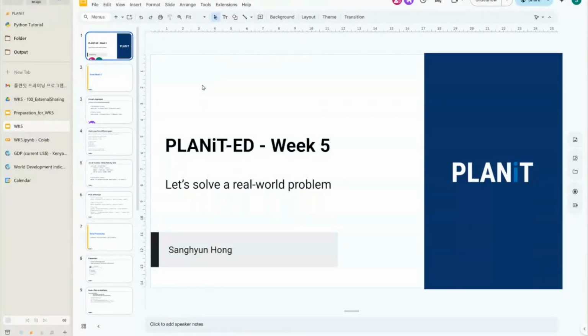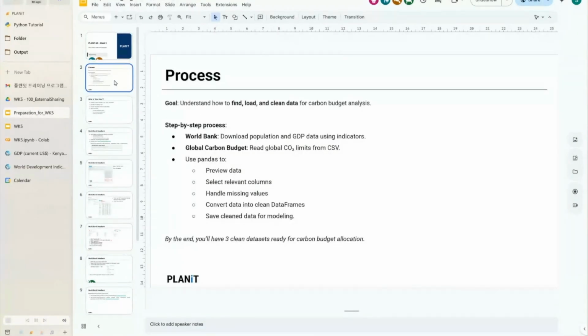So this is what we are going to do. So far, I'm pretty sure you prepared those. You went through the preparation of week 5 that I provided here. You can see this, right? Preparation of week 5. This will guide you to download the data from World Bank,